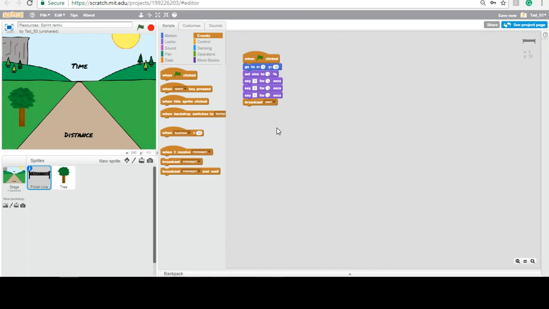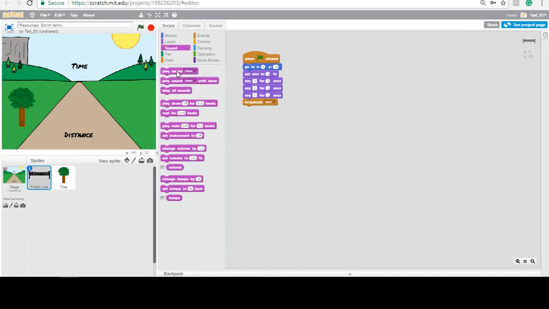If you'd like, you can add a sound to this piece. In this case, I guess we'll add a sound in between each one of these. The sound that will play is the gong. So now it gives you a countdown with a noise. And one more sound in between here. Okay, so we're going to have the sound as we count down, and then we're going to broadcast